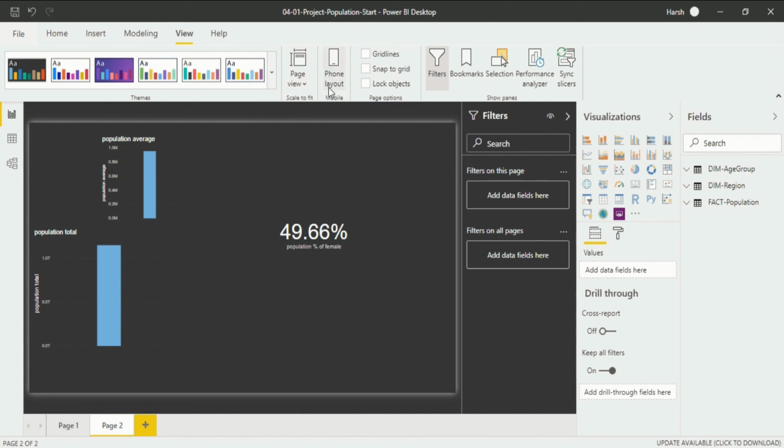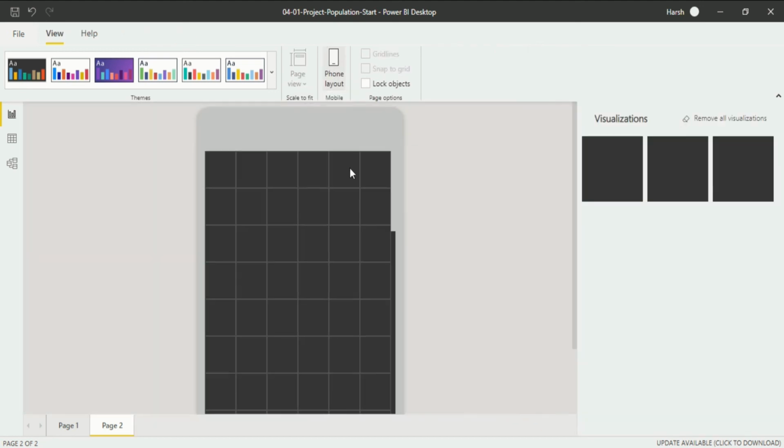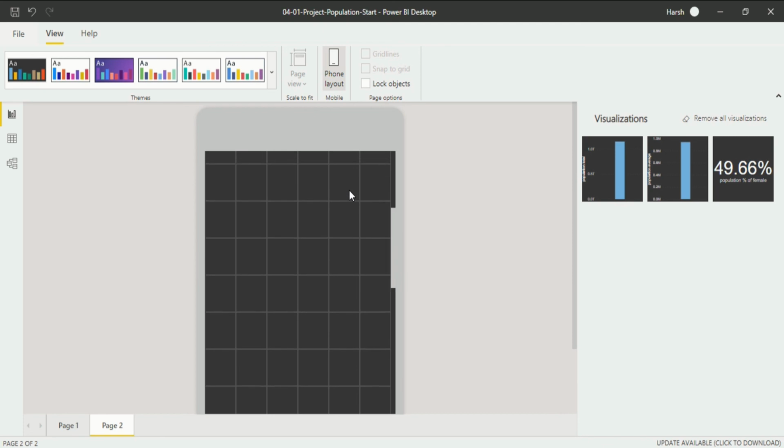After that, we will go into one of the most important points in Power BI desktop in the view ribbon, that is phone layout. So most of the visualization that you work on is on desktop view. If you want to create certain visualization which you want to show to some of your seniors or some of your colleagues, or you want to create a layout for a phone only, then you will click on this. When you click on this, you will see a visualization which is according to your phone.